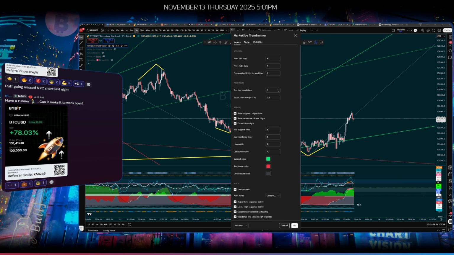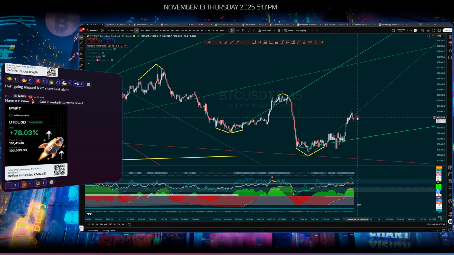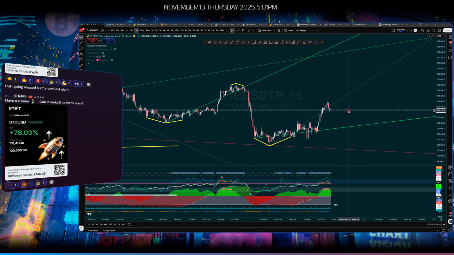So 3 is the number that you want to use. And this is the distance of how close the touch point would be tolerated and confirmed as a touch. So 0.2 ATR of price. It doesn't necessarily have to touch it, but it can validate if price gets really close to it, and